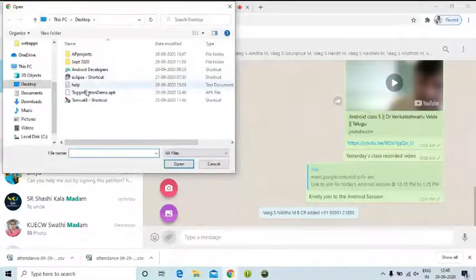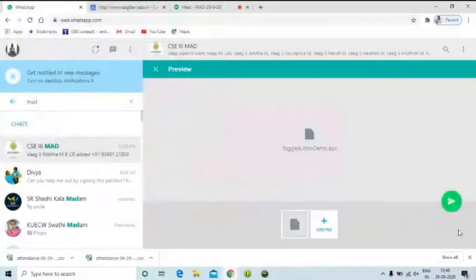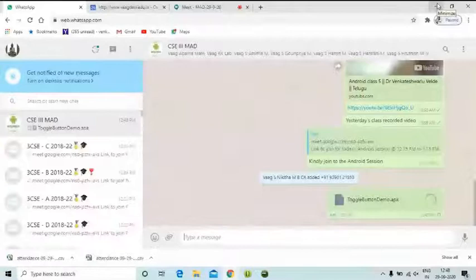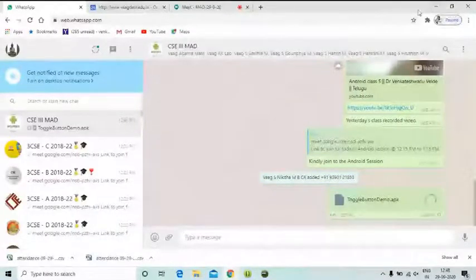Toggle button APK. Open. You please execute in your mobile here. We will get LED is on. When you click on it, LED is on. When you click again, it will be off.